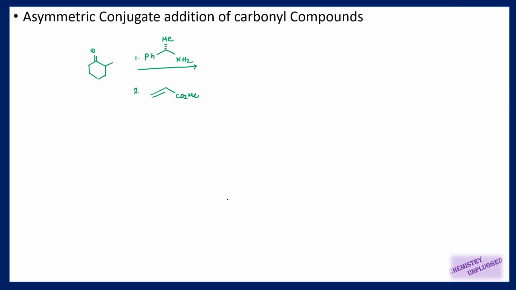Then we will take the asymmetric conjugate addition reaction of carbonyl compounds. So in this reaction we are using a simple amine here, right? And you will see that this simple amine can act as a good chiral auxiliary. So how can we generate the chiral auxiliary? First we have to treat this with this carbonyl compound, so it will form an imine, right? First it will form the imine, and we can also write it down